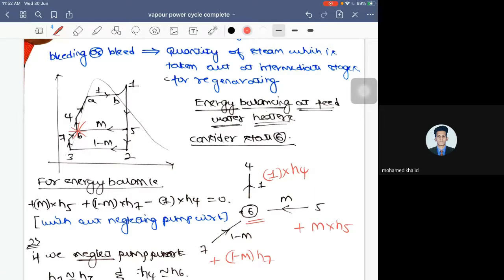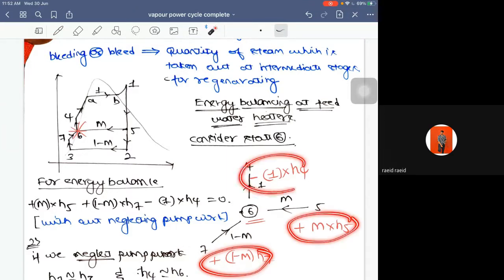Then whether it is moving away from 6. I guess it is going away, right? Away, sir. So if it is going away, is it negative or positive? Negative. So I have put negative. So when I club all these contents, I would get an energy balance equation, which is